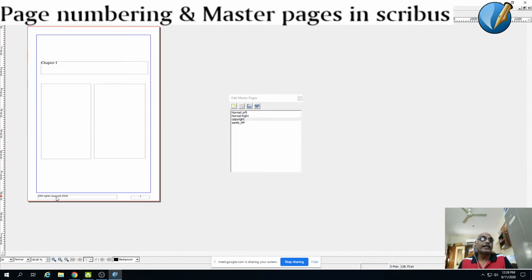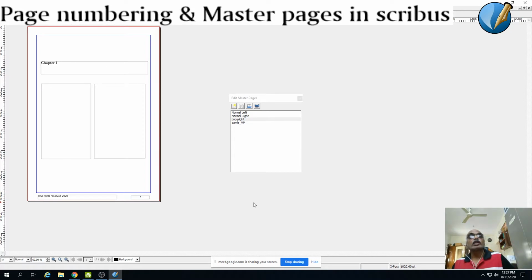So now we have managed to create a master page for a new chapter which contains 2 columns, and then you have added a small box which will sequentially number the page. Once you create a master page and say it is going to hold the page number, just give out that number. The moment you apply the master page to your pages, it will sequentially number the page according to the page number. The page number will be seen here when you start generating the document. The same number will be displayed inside this box because we have given that attribute of page number to this page number box. The next is the copyright box which is included.